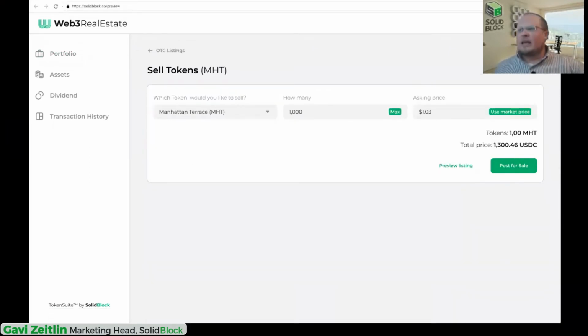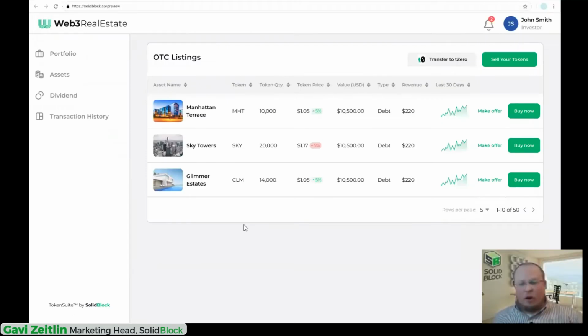The first one is they can do something over the counter. They can offer it just to other people within the offering and just say, hey, listen, I want to sell 1,000 of my tokens. Who wants to buy them? And they can post this here almost as an internal bulletin board for other people to invest in. Or, after that lockup period is completed, we will help you get that token onto T0, the exchange, and then with one click they can go to T0, open up an account, and transfer their tokens over there to be able to trade on T0.